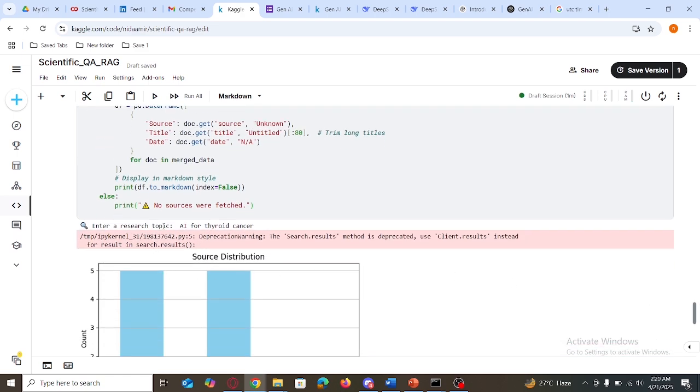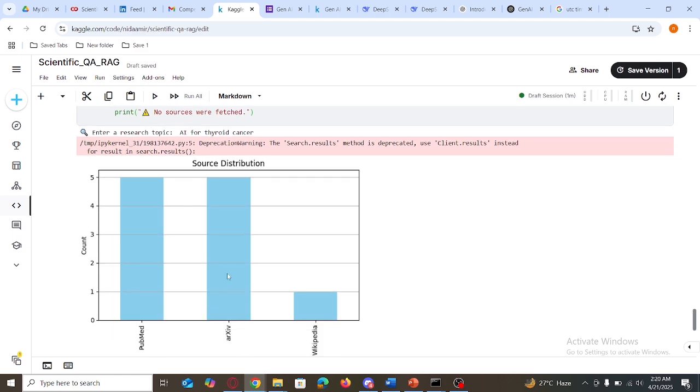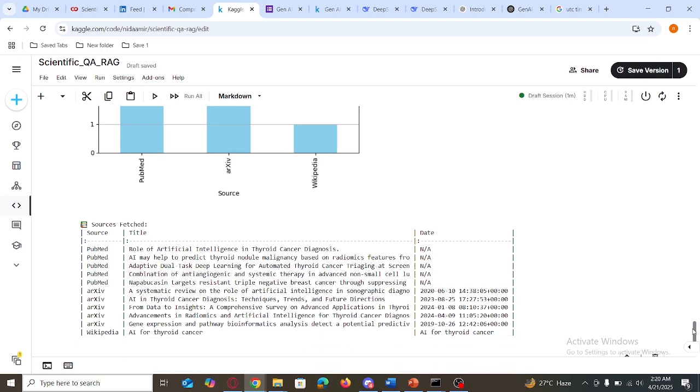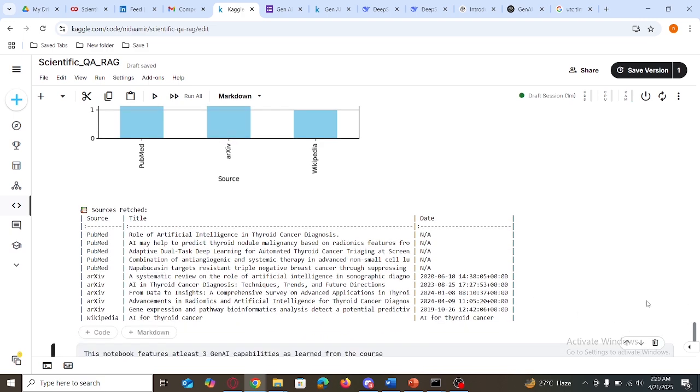So I have given a research topic, AI for thyroid cancer, and it gave me this result. You can see these are the sources. This is the count, and this is in the table format. You can see the source is PubMed, PubMed, PubMed, this arXiv, and this one Wikipedia.